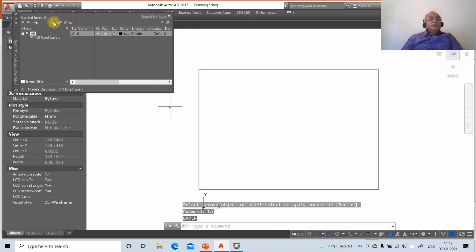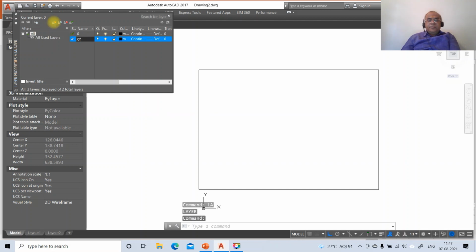Click on new, type the layer name XY, enter, click on new, type the layer name front view, click on new, type the layer name top view, click on new, type the layer name side view, and then go to layer 0.